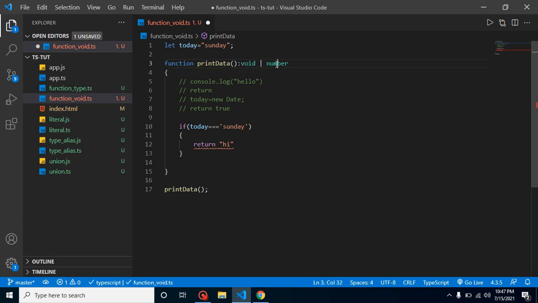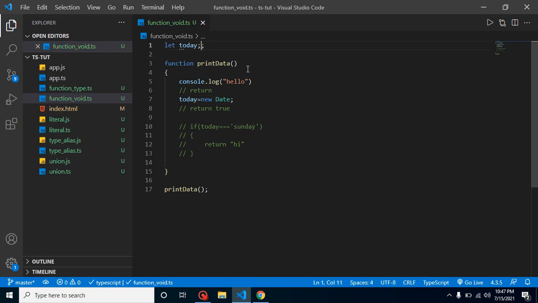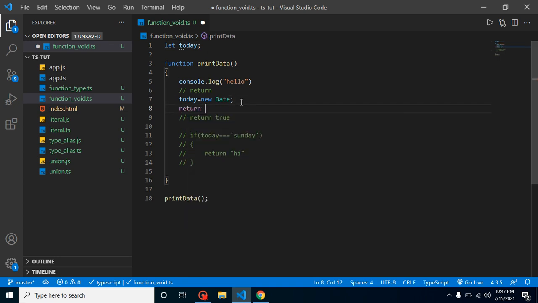The second thing is, maybe some other developer is also working on your project. You are just printing something and assigning some values, and if the function is not defined as void, some other developer might come and put a return of some values.